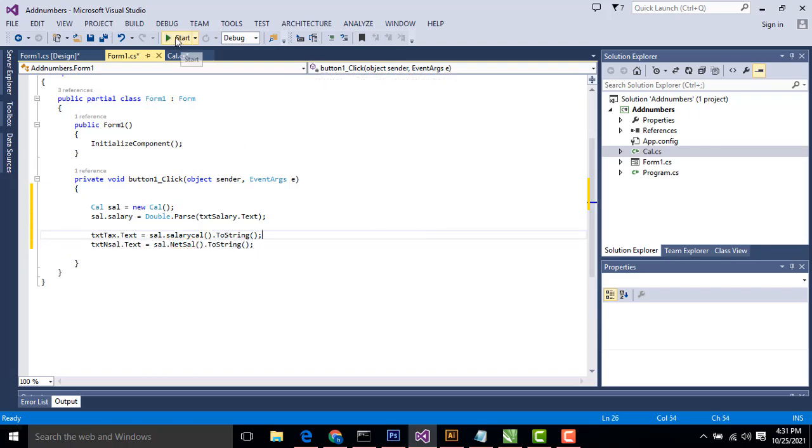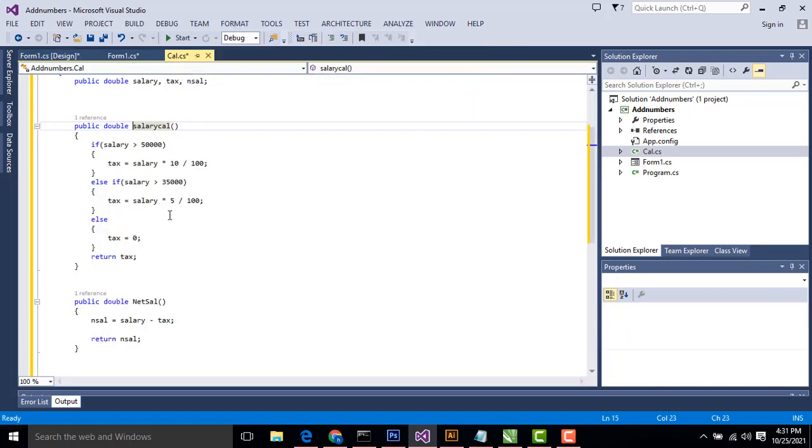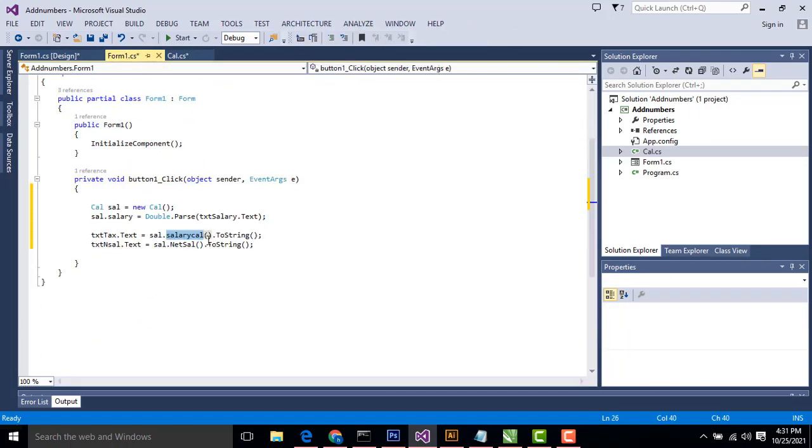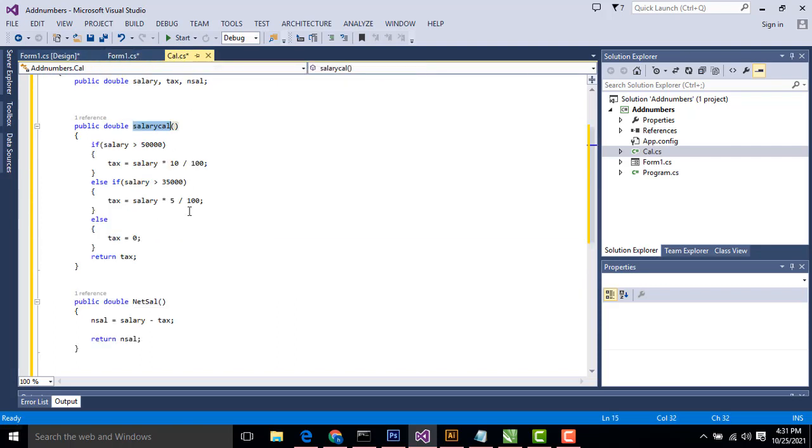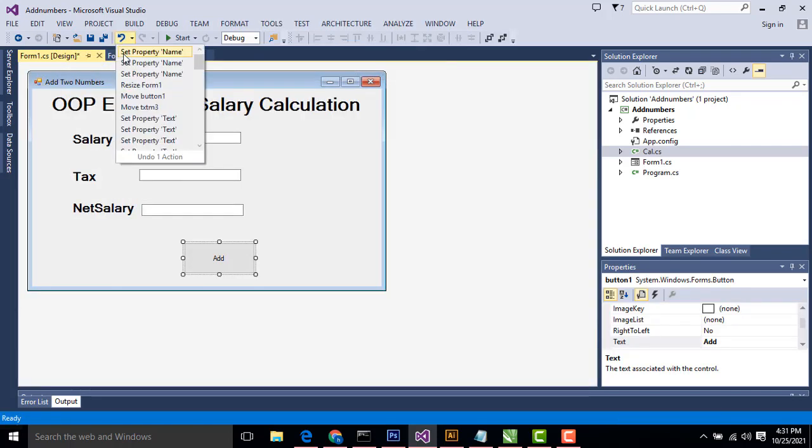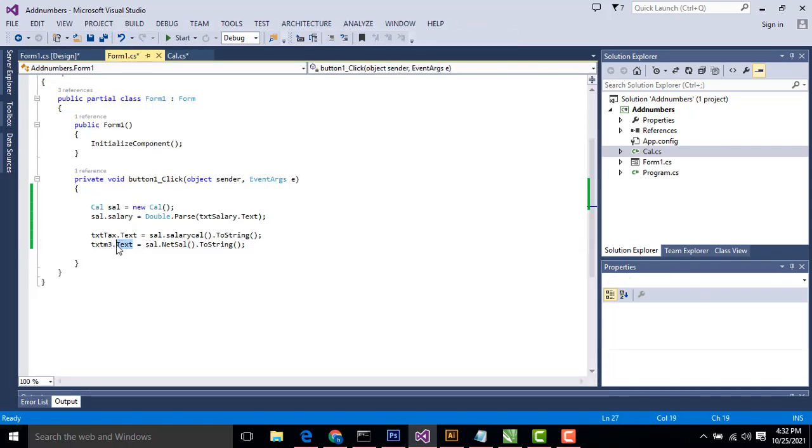We have to call the class object over here. This class has a method called cal, you call it here to calculate the particular salary and assign it to this text box. If you call this method, it calculates the respective net salary and returns it back to this text field. That's the thing you have to do with netsal.